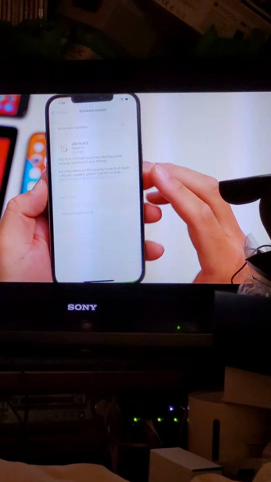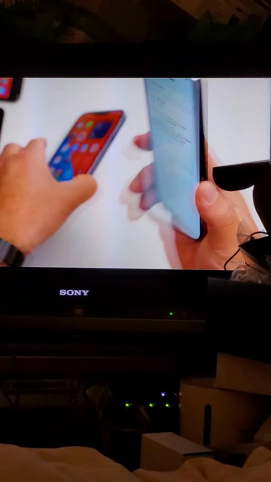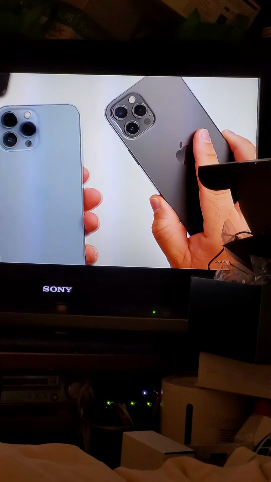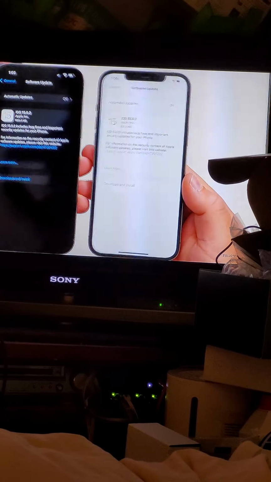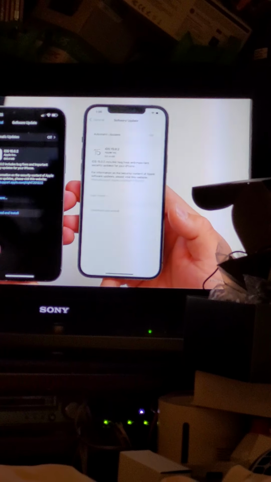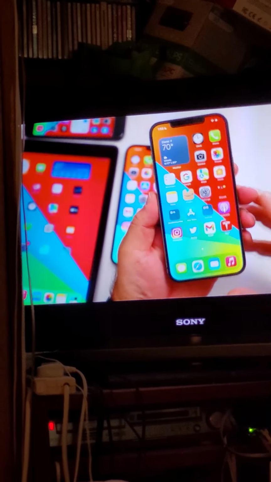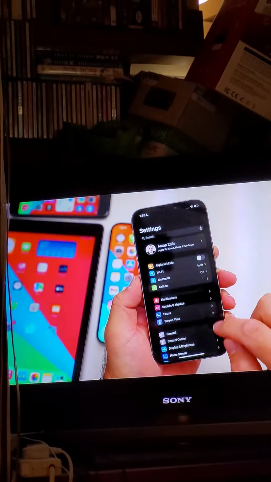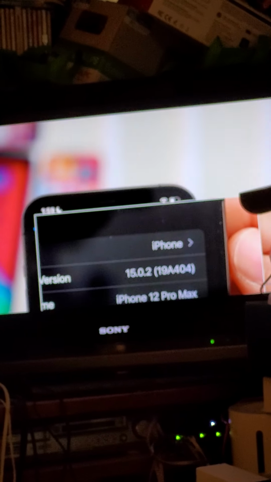And so you've already seen the size of this, where it was 531.4 megabytes. That's on the iPhone 12 Pro Max, and on the iPhone 13 Pro Max, it was similarly sized at 589.4 megabytes. So it's a 500 to 600 megabyte update depending on which device you have. And let's go ahead and take a look at the build number, and then we'll talk about what's new. So we'll go to Settings, then General, then About, and you can see the build number is